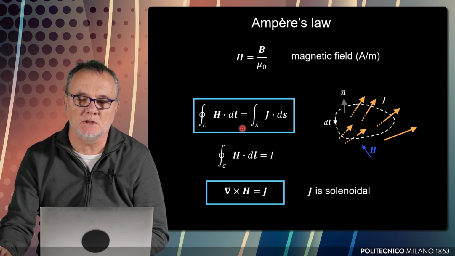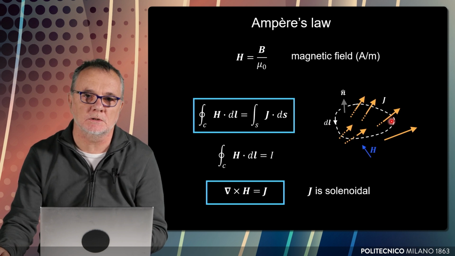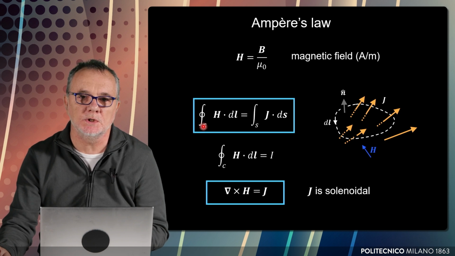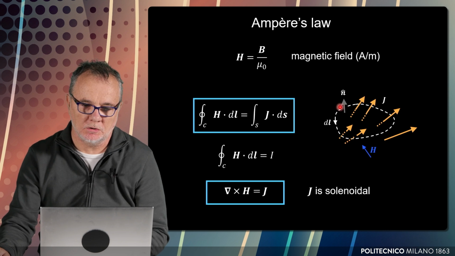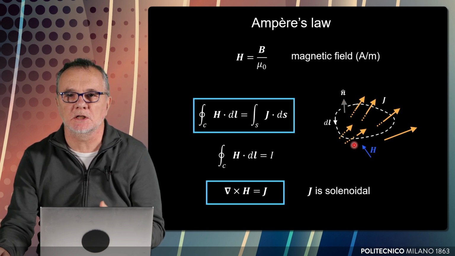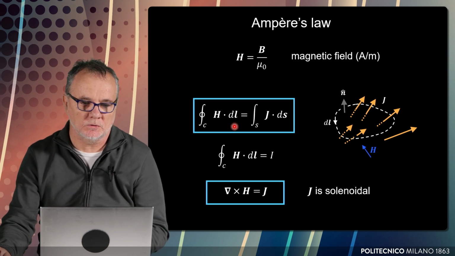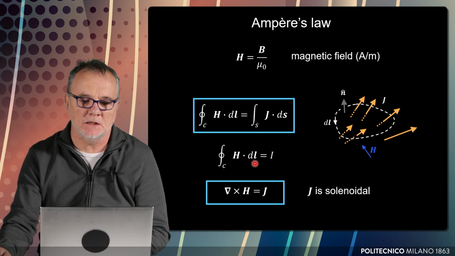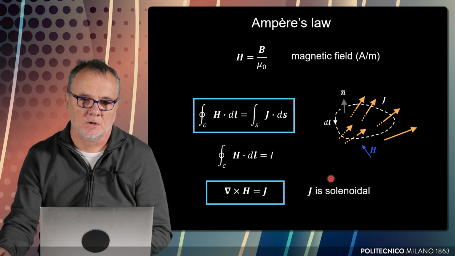By Ampere's law, this equals the total flux of J through this open surface. So the total current is flowing through the surface whose boundary is the line along which we carry out the circulation. The direction of the normal and the circulation are obtained by the right-hand rule as usual. So we can also write Ampere's law as the circulation of H through a closed line equals the total current that flows through the surface that has that line as a boundary.